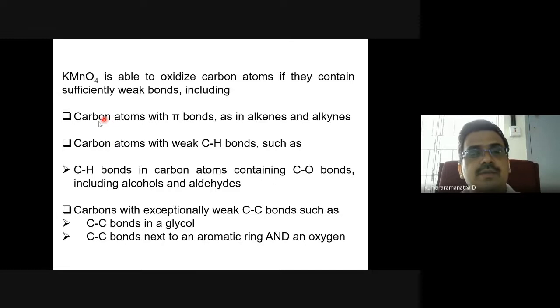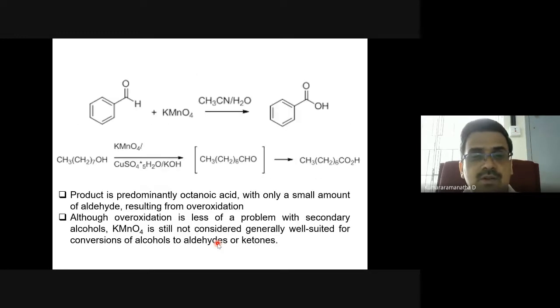Now you can see this potassium dichromate, sorry, potassium permanganate is used to oxidize carbons if they have weak bonds, like for example pi bonds, weak CH bonds, or even alcohols to aldehydes. And you also get, for example, glycols, and aromatic rings which are attached, all those things you can convert. So for example, you can see here you have like